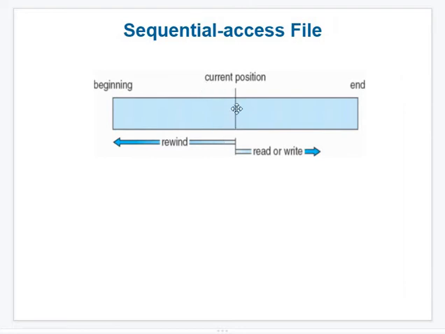And here we have seen the current position. Whenever you open a file, if it is recently created, the current position will be equal to the beginning. If it was created some days before and you have already typed some content, it will be at the current position. If you take it to the beginning, it is called rewind. If you take it forward, it is called next operations like read or write.